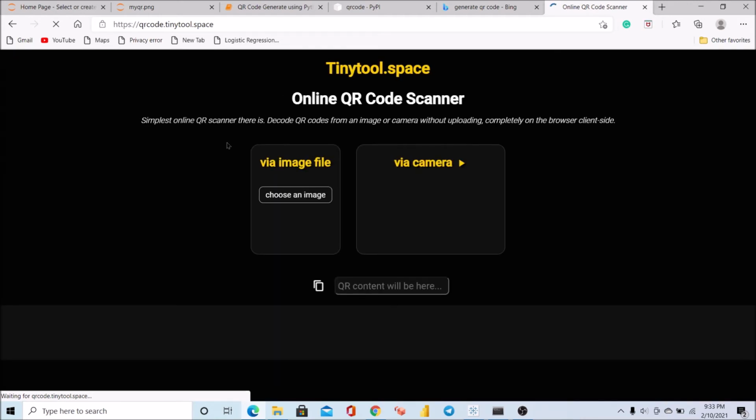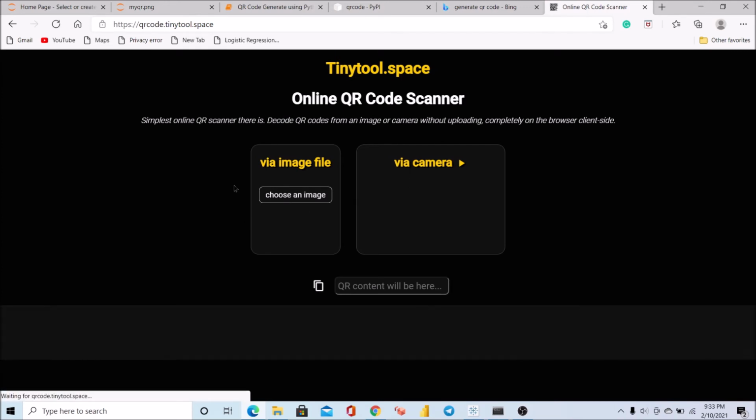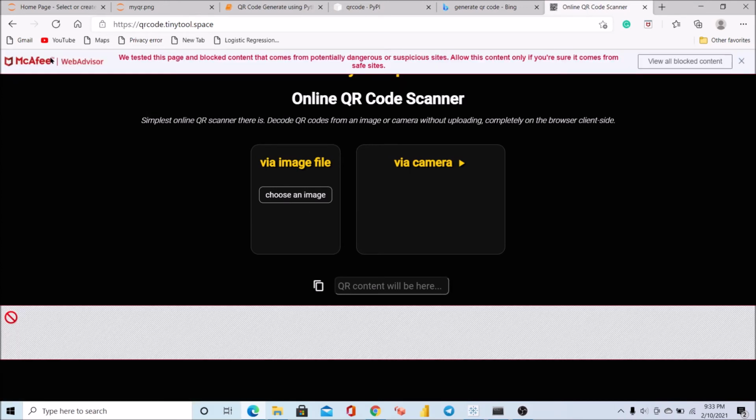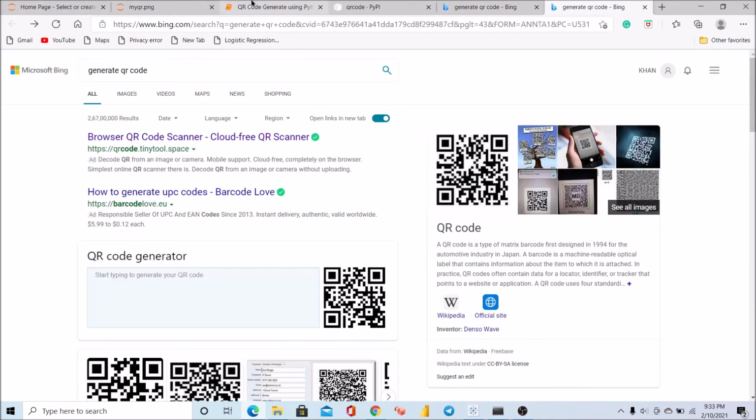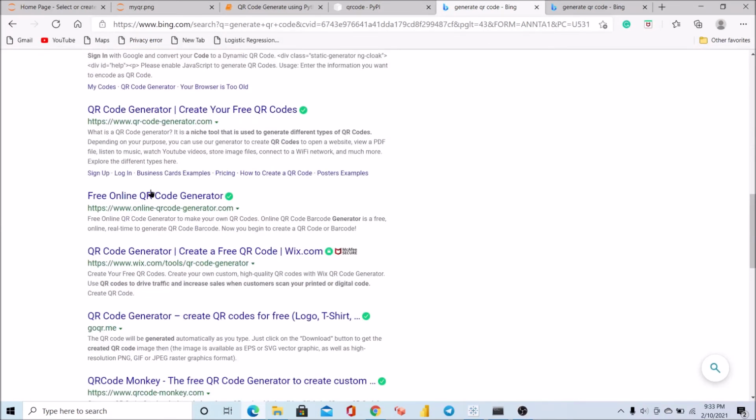If you have some idea how the thing will work, I think. Choose camera or image, your online QR code scanner. I think this is a scanner. Let's see how to generate QR code. Free online QR code generator.